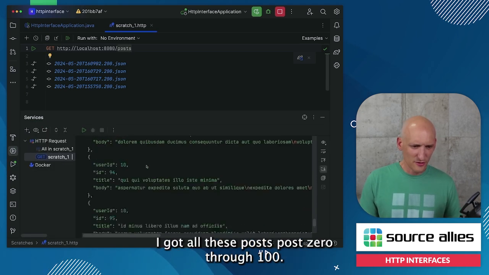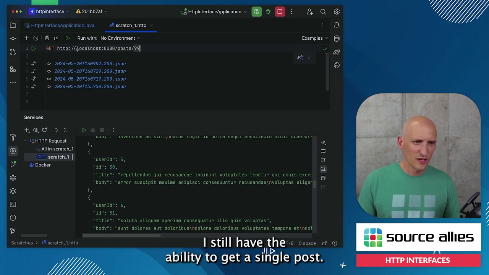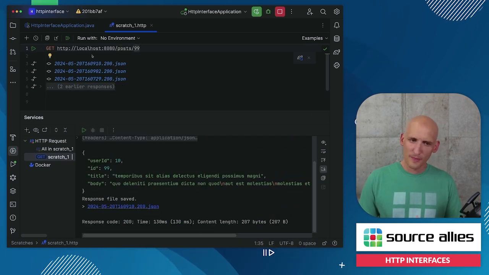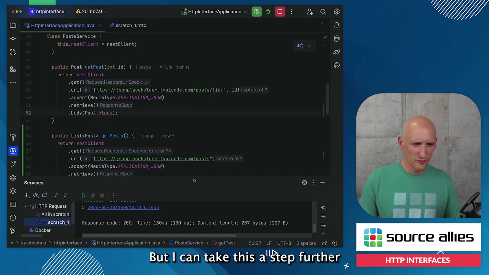And look at that, I got all these posts 0 through 100. It works great. I still have the ability to get a single post. All cool. Now, if we take that even a step further, you can see where we're going here, but I can take this a step further